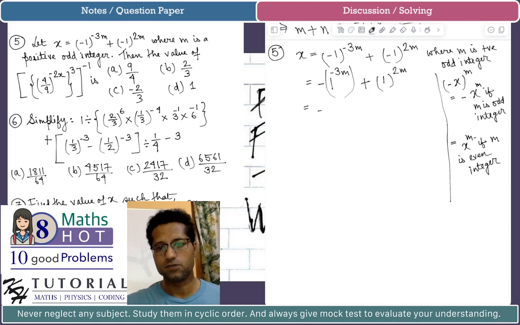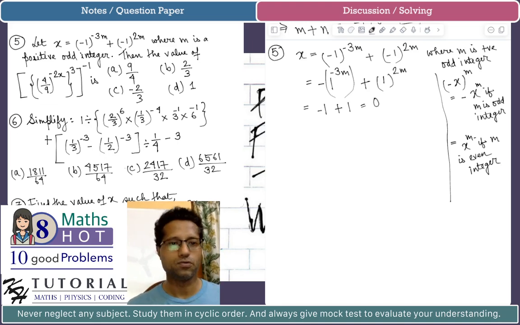So this is minus 1, and this is minus 1 because we have a negative in front of it, and this is plus 1. 1 raised to any power which is an integer is always 1. So this is coming equal to 0. X is coming equal to 0. So now the given expression whose value we have to find is 4 by 9